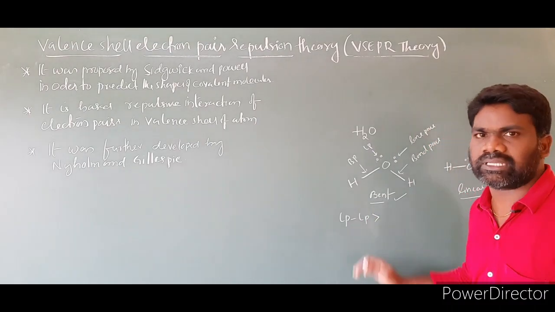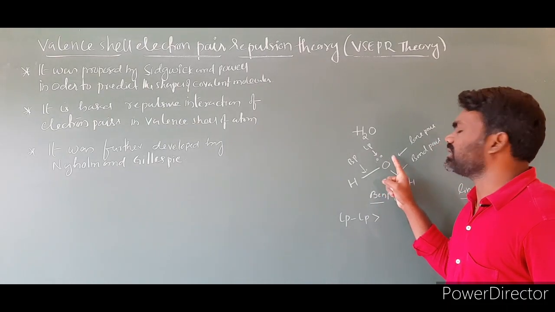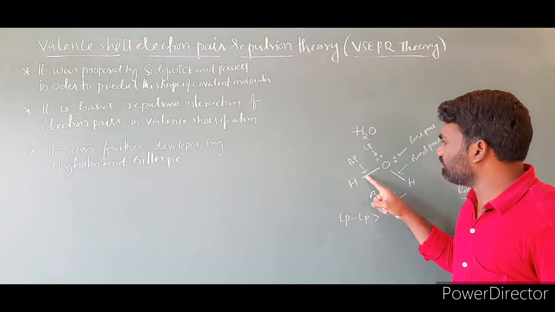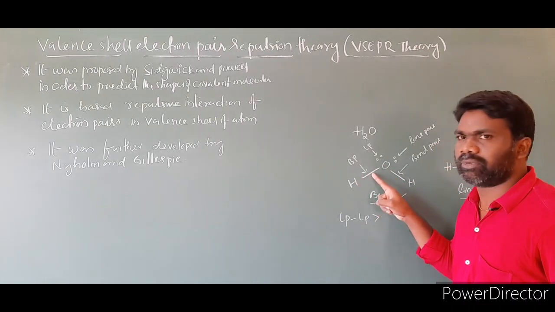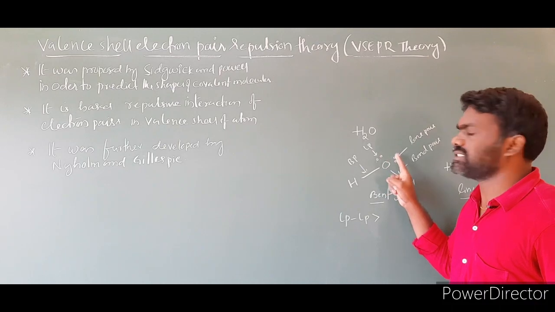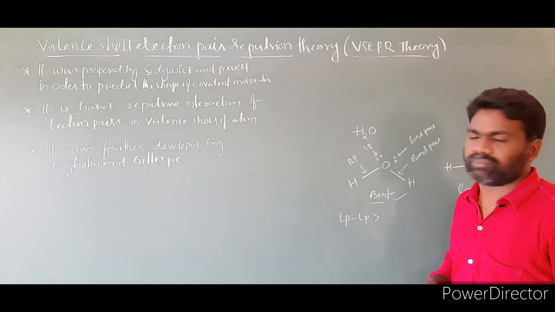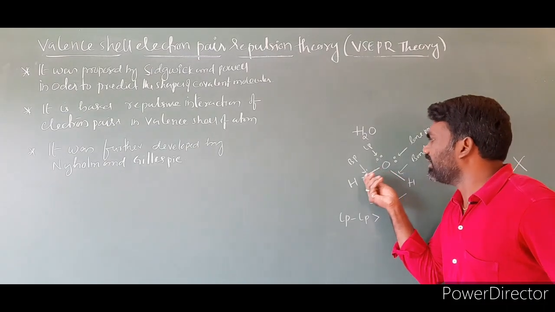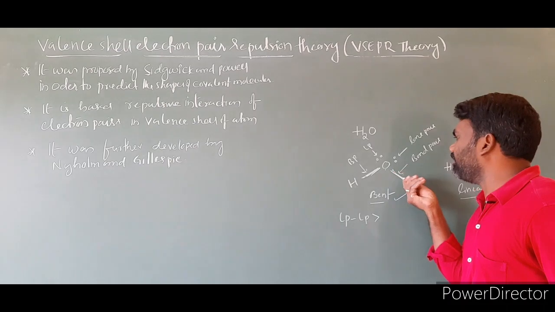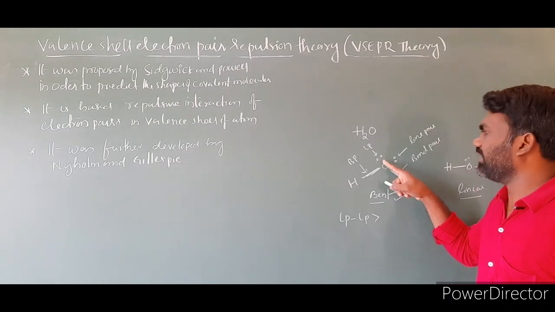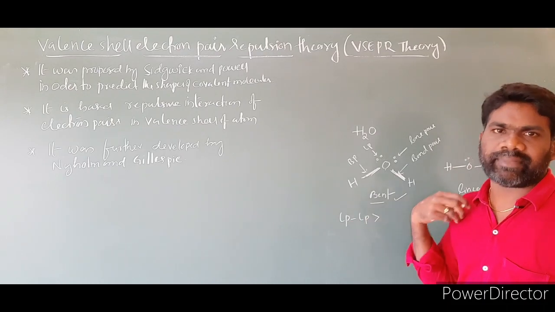Now the question is, why is the lone pair repulsion maximum? The reason is these electrons are not involved in the bonding, but the bond pair of electrons is between the two atoms, hydrogen and oxygen. These are involved in the bonding; they are not free. These are localized electrons, and because of these localized electrons, they will repel each other. These bond pairs are between the two atoms and are involved in bond formation. So the lone pair repulsion is maximum.